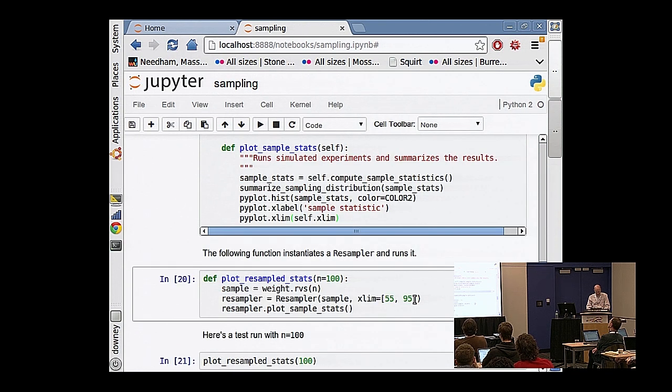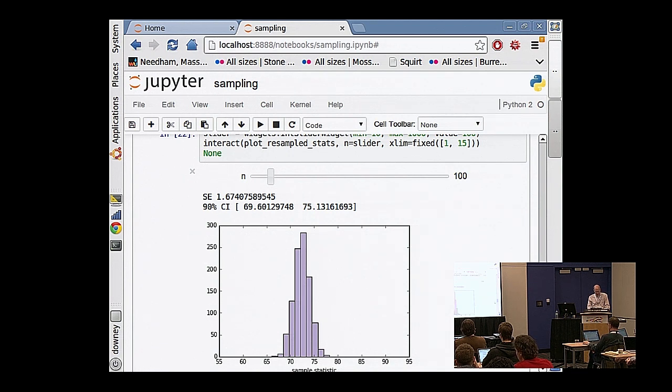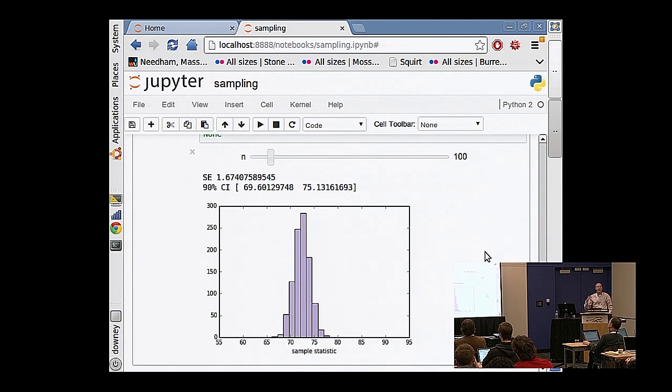And if I run this, we can do this. This is the same interaction we were looking at before. Again, this is the sampling distribution of the mean. But the difference is that instead of cheating and using the actual population, now I'm using a sample and I'm resampling from it, and it's pretty much the same, which is good. That's what we wanted. How much sense is all of this making? I kind of tried to sneak up on it one step at a time, but we're kind of done. This is the Megillah of the whole thing.